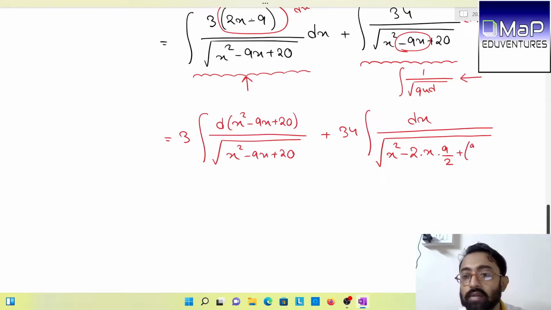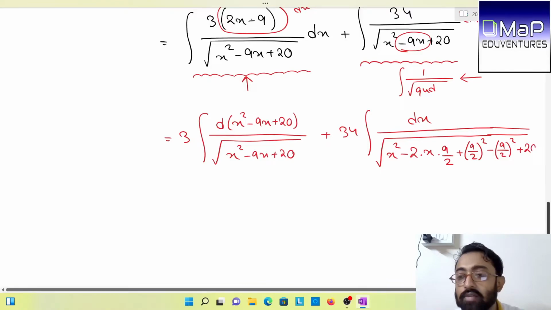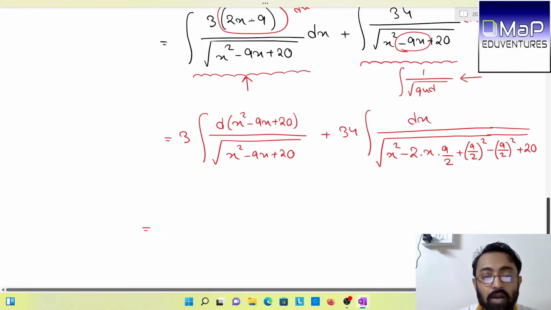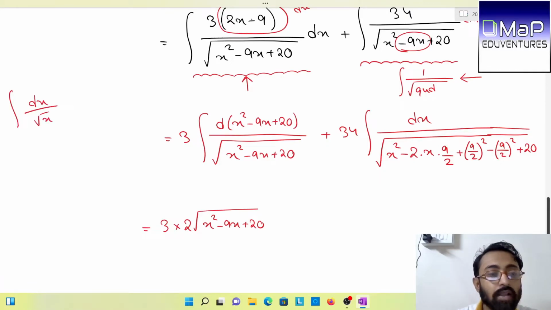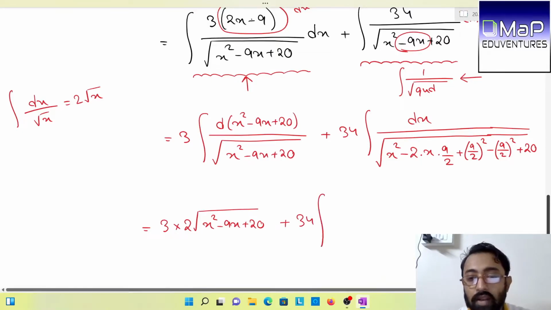Now add this 9 by 2 square. Again we have to subtract 9 by 2 square, and the remaining is plus 20. Alright, in the first part we will have 2 times under root x square minus 9x plus 20. Why? Because we know that the integration of dx by root x is actually 2 root x. Okay, so in this form we get 2 root of that, plus 34 integration dx divided by